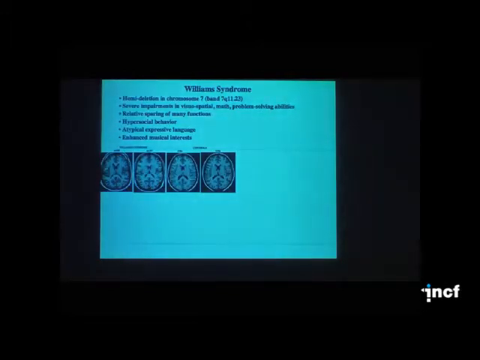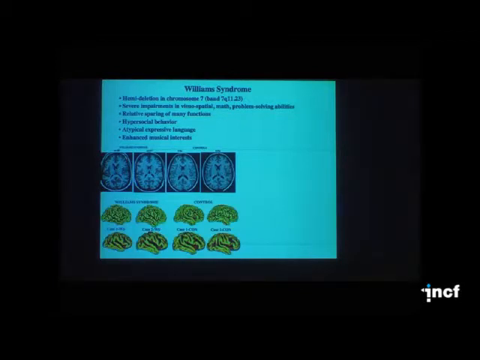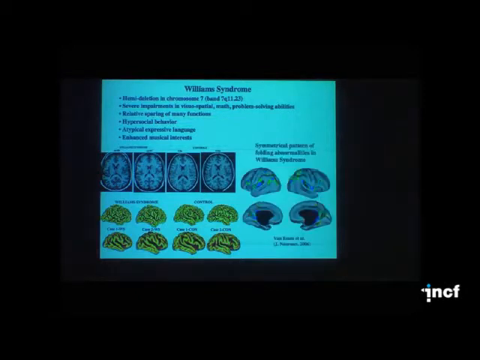We can take disease conditions such as Williams syndrome and look at individuals on their MR volumes or their surface representations and say it's hard to see the difference looking at them one at a time, but we can use surface-based analysis methods to identify folding abnormalities alluded to before and now shown here for Williams syndrome to see several dozen regions where there are specific abnormalities in the Williams versus control populations.